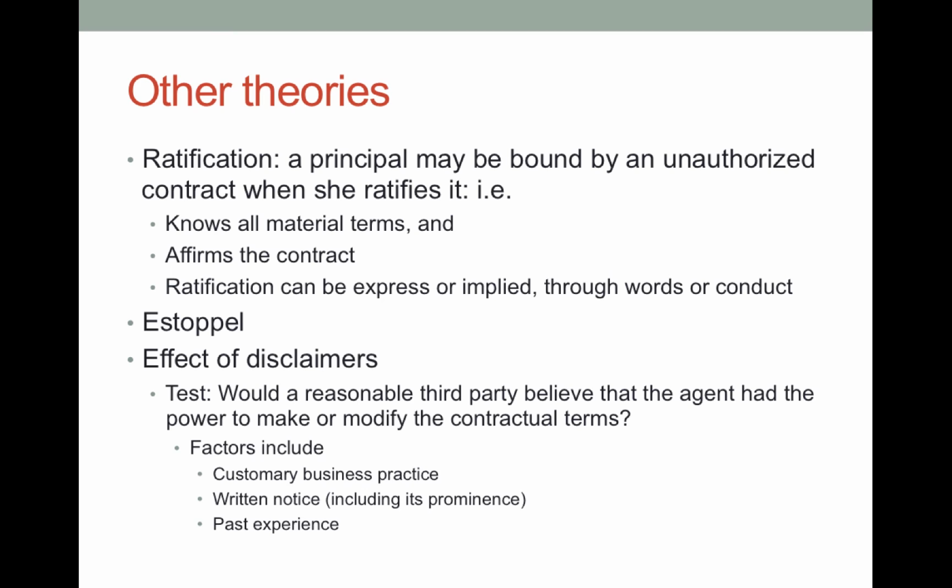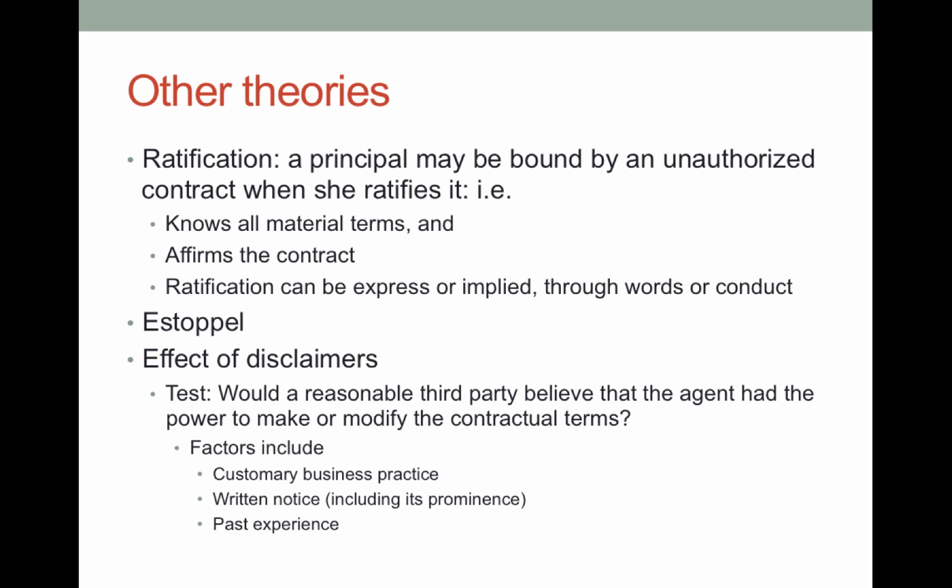Our next topic is the effect of disclaimers. This one comes up a lot, and here's the problem. What happens in a case when the principal has said, now the agent's not authorized to do anything other than what's in the written agreement? Okay, so the agent is not authorized, and it is in this written agreement too. So despite that, the agent has told you he is authorized to do this. What's going to happen? Is there apparent authority or not?